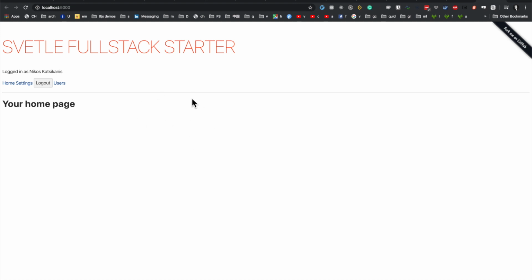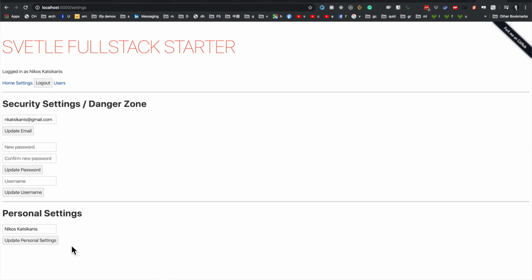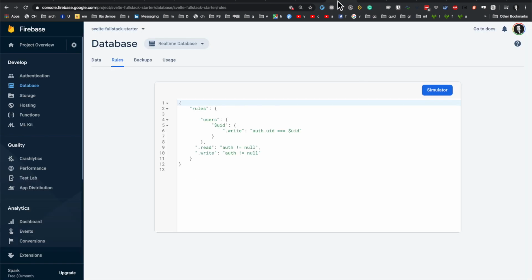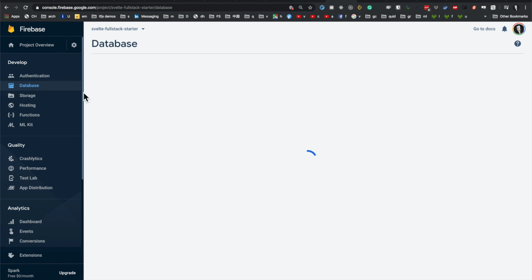I think that's just initializing some Firebase stuff. That's what the app does. The app only starts up once Firebase gets initiated. So anyway, let's just go to the settings page. You can see here that there's now an update personal settings. Actually, no, it's here. This is the username, and that will change the username on the back end. So if I just type something like Nikos1, it actually tells us here what the username will be, and you can click that. And if we go to our Firebase section on database,